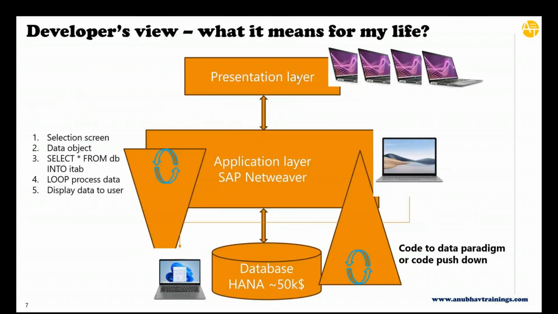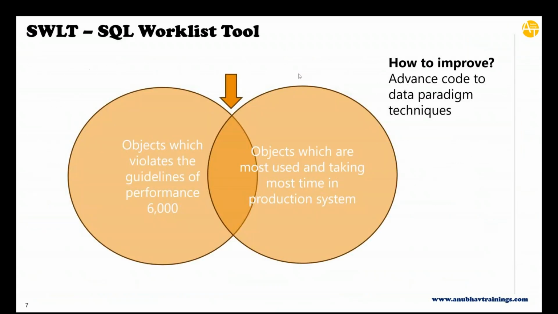We finally drive out the list or result from production system and map this result with a static code check where you have violations and serious violations in performance guidelines. And then you get your priority list of what you need to fix. Now, most importantly, we need to know in order to fix, how do you fix it? How exactly, as a consultant, you would improve your code quality by some of the easy ways of following simple performance guidelines and some of the complicated ways of pushing down your logic to the database level, achieving a code